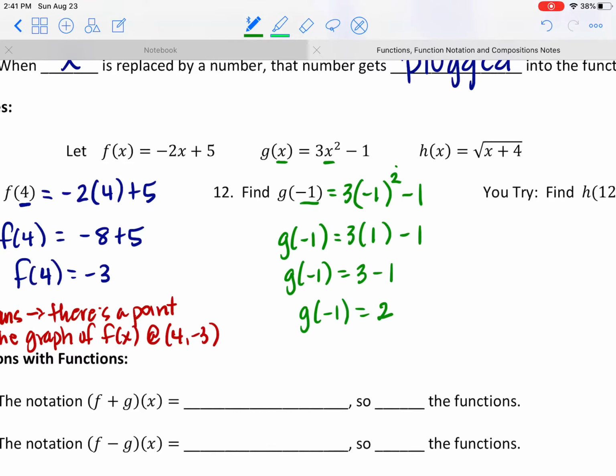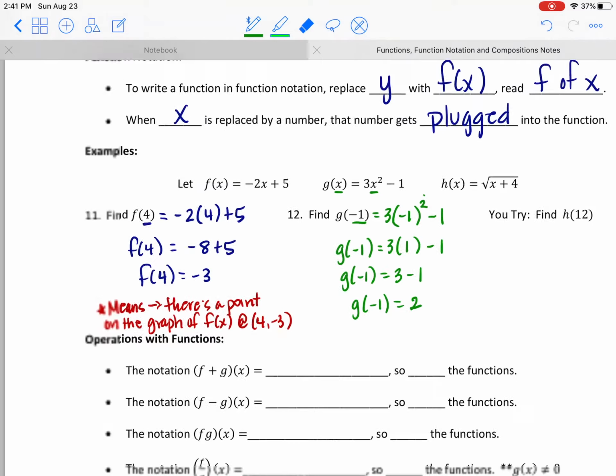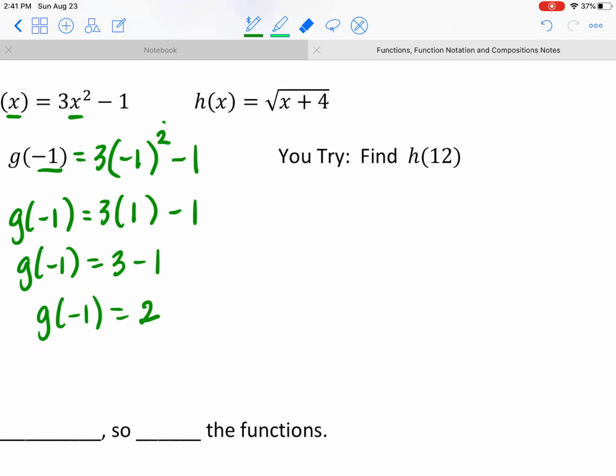Okay, so that means if we were to make a graph of g of x, there would be a point on that graph at negative 1, 2. When the input of negative 1 is plugged in, we get an output, a y value of 2. Okay? Alright, so now I have one here that's labeled as a u-try,